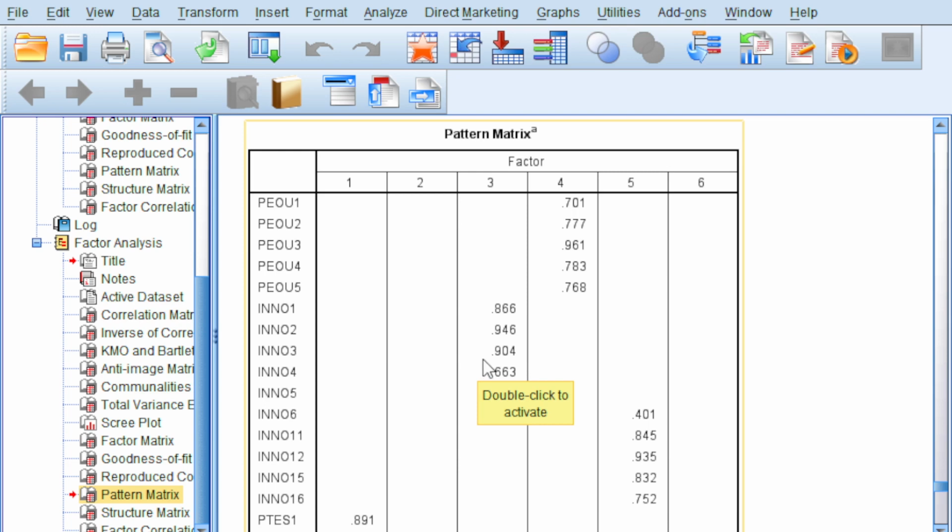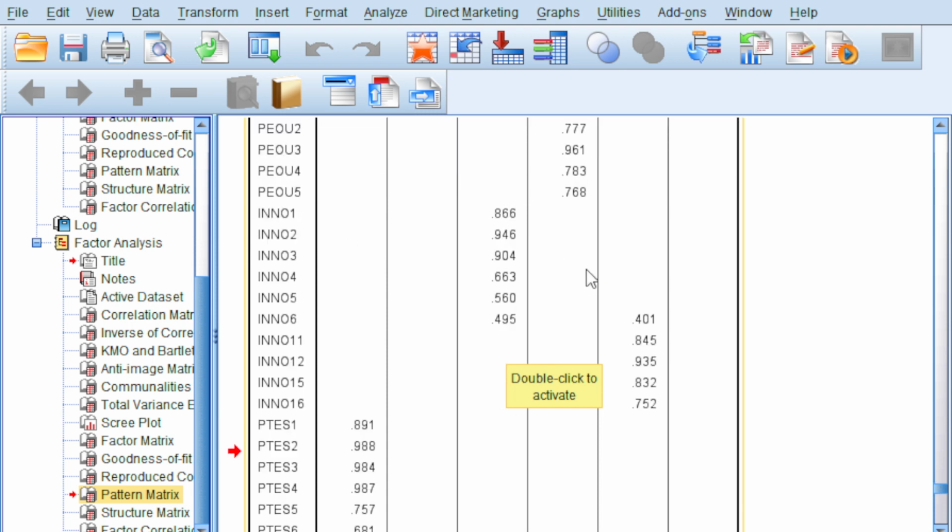Earlier we had 5 variables and altogether 59 question items. At this moment we still have 5 variables, but only 35 question items. So this is the final pattern matrix, and we can see the PEOU variable has 5 items, and the INNO variable